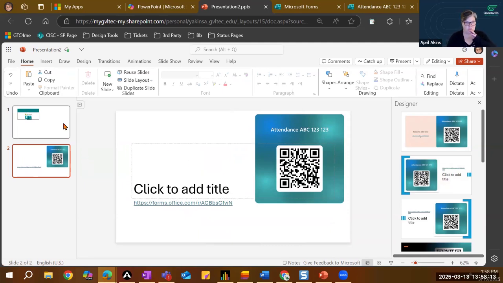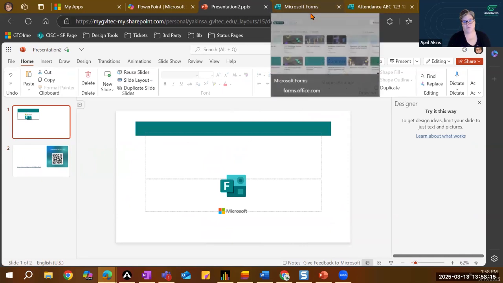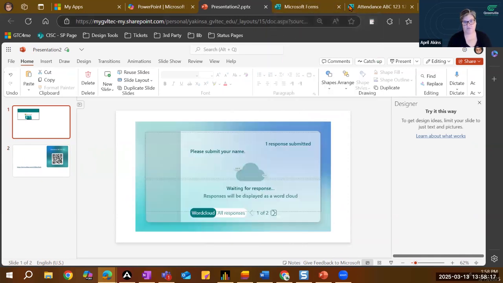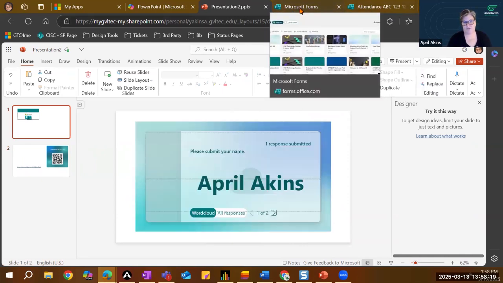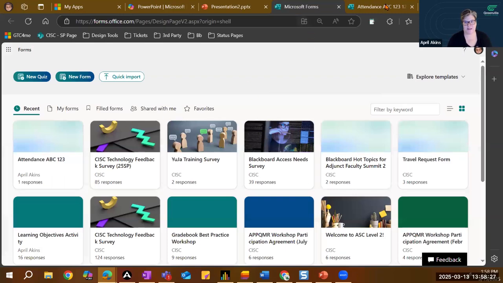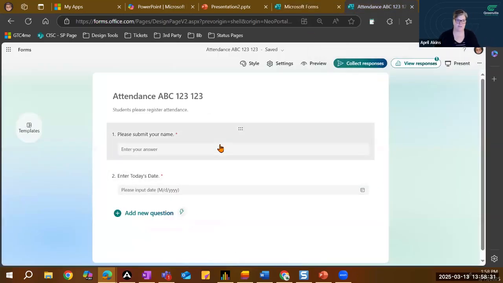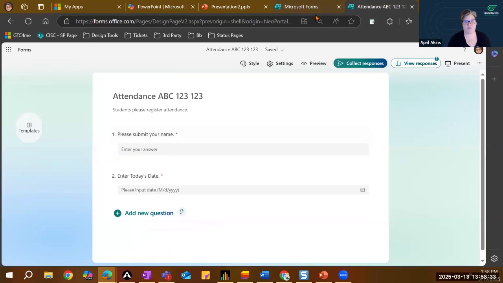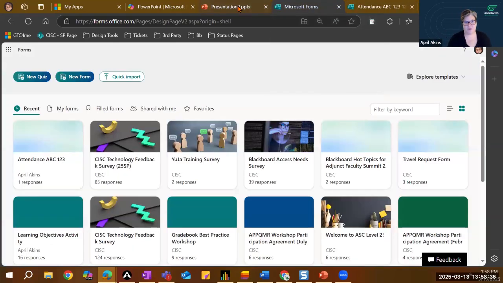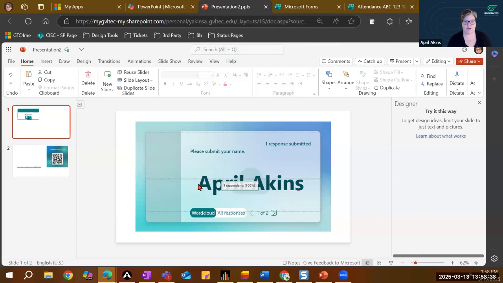The other thing you can do with Microsoft Forms, if you want to do this interactive option, if you have questions, you want to do a muddy point at the end of class, or some sort of knowledge check throughout the class, you can easily add that into your questions and then have them put that input. And since it's anonymous right now, you can turn the anonymous off when we do go to them having Outlook as well. You'll see those answers pop up. So it's another way to engage your students throughout the class for attendance.